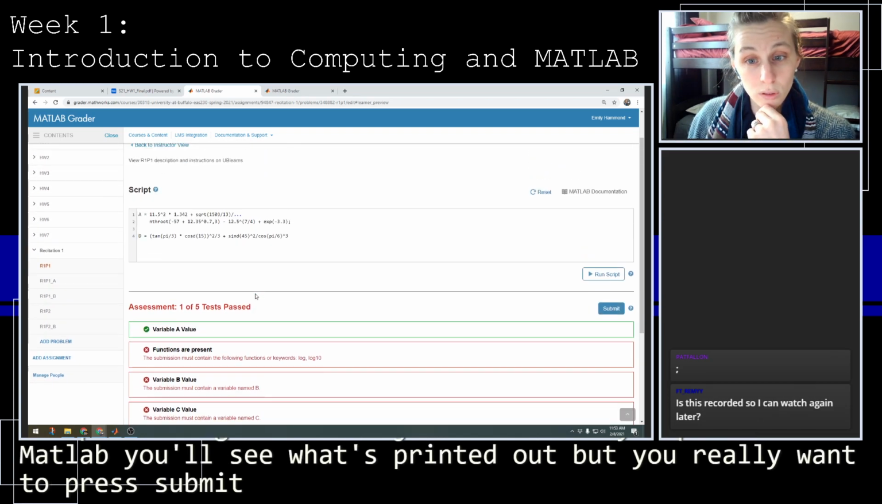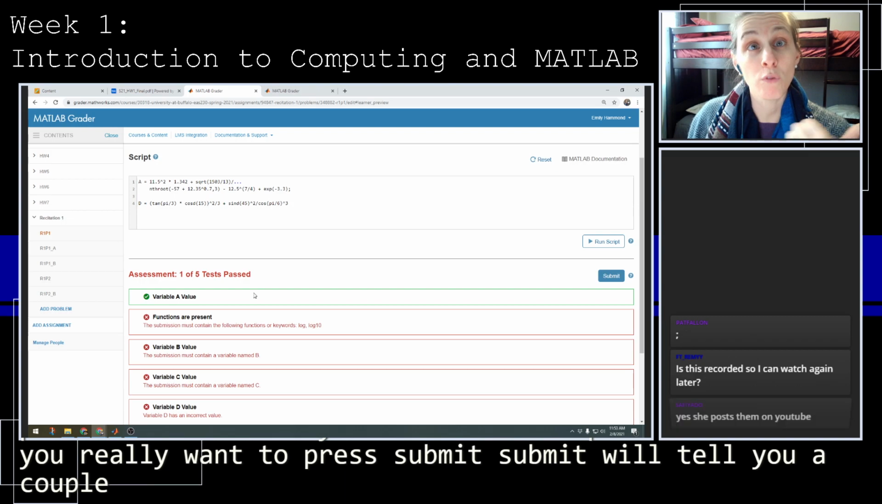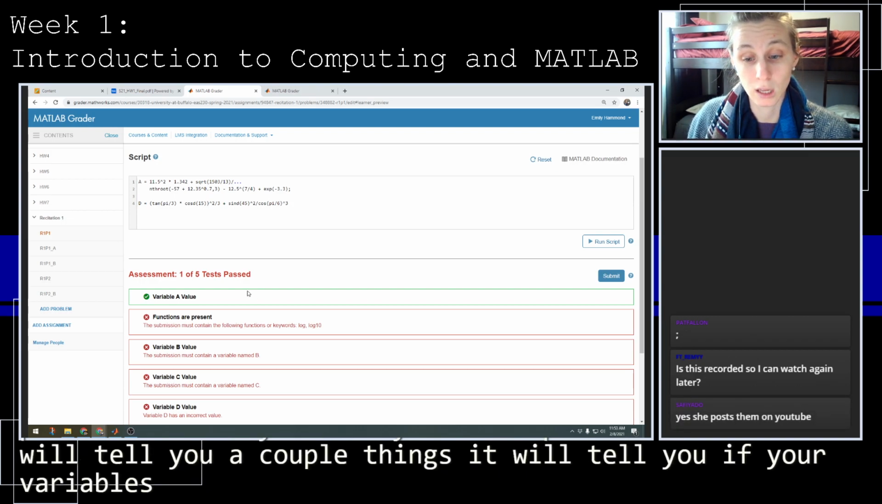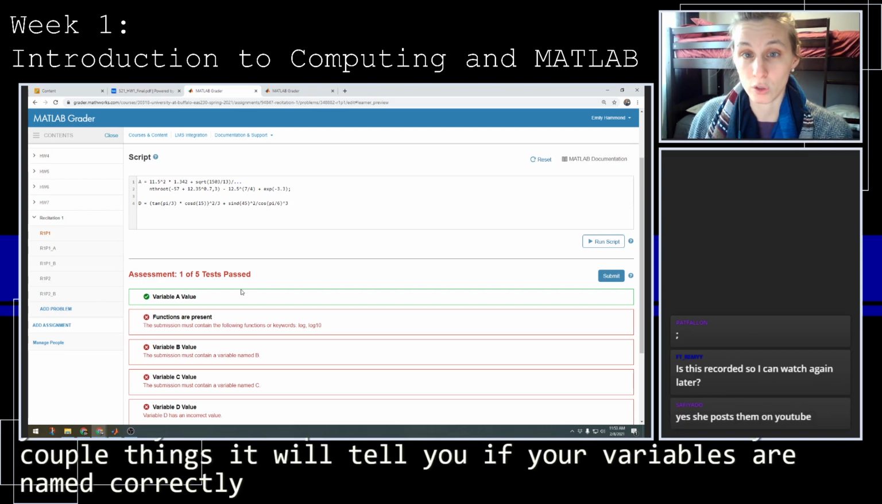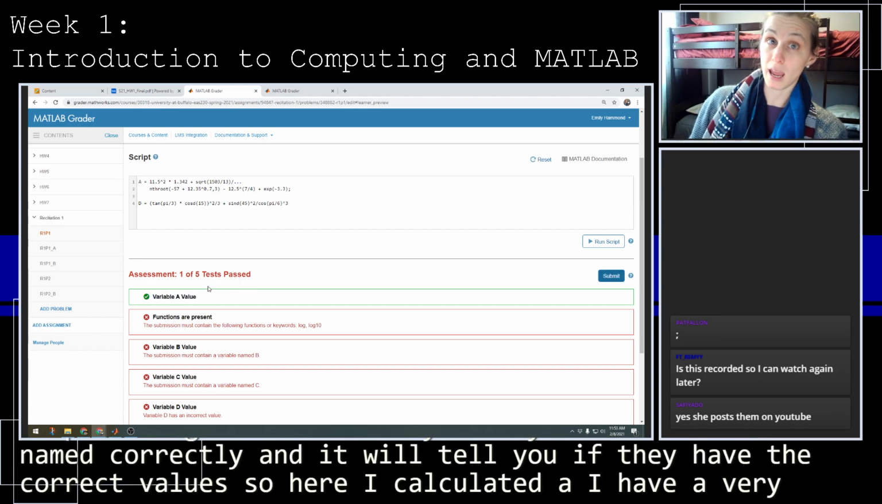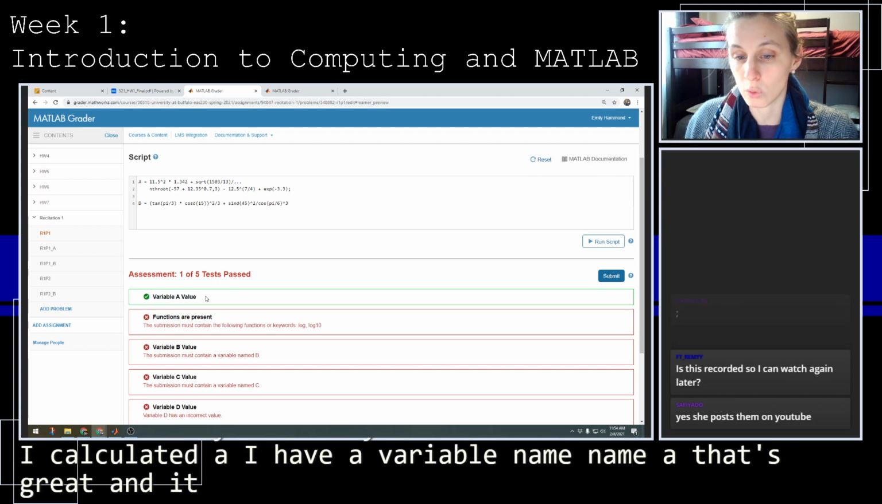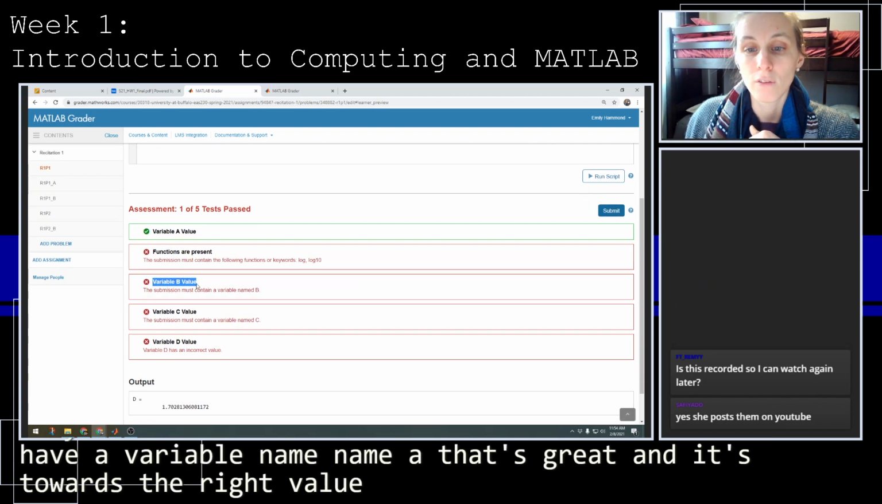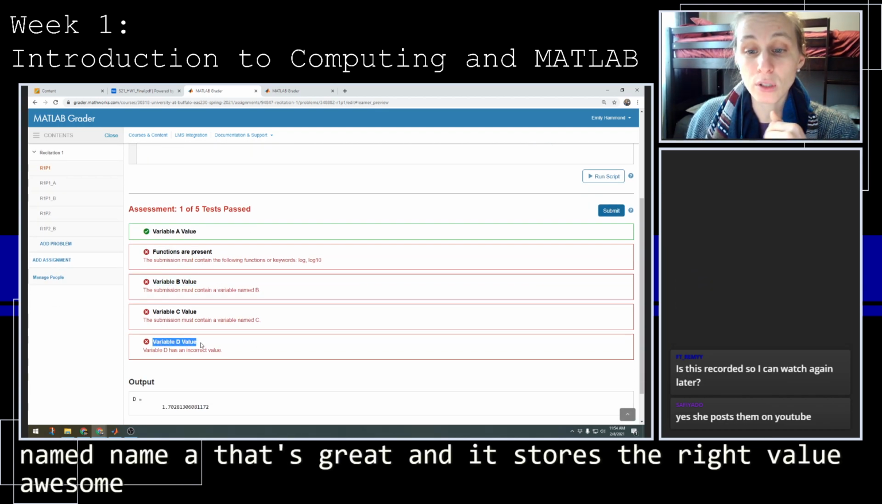Submit will tell you a couple things. It will tell you if your variables are named correctly, and it will tell you if they have the correct values. So here I calculated A. I have a variable named A, that's great, and it stores the right value. Awesome. Variable B doesn't exist, that's fine. Variable D,